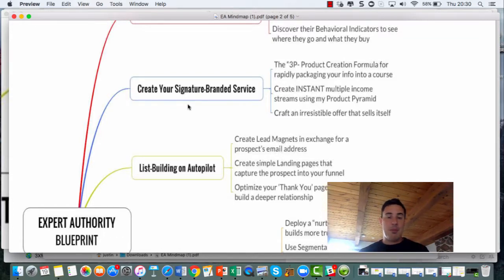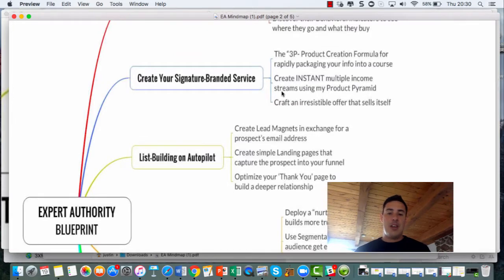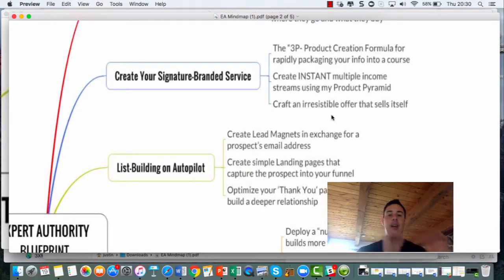Okay, people think it takes a long time and a lot of money to make an online course. It takes less than 7 days if you do it my way. Okay, the next thing we do then is we create instant multiple income streams using my product pyramid concept. So the product pyramid is where we take